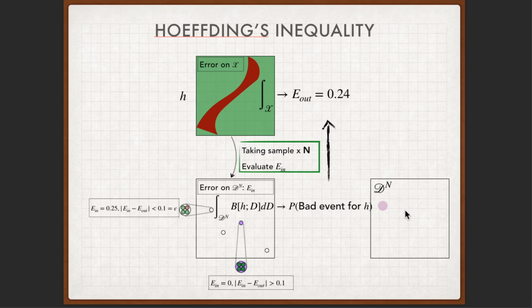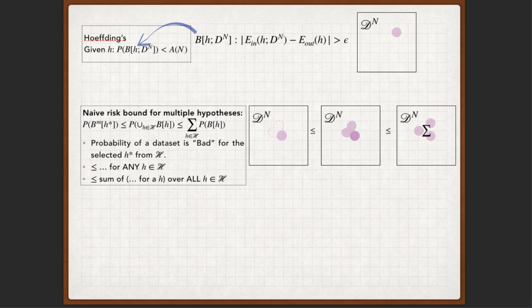And Hoeffding's inequality says when n increases, the area of such a region decreases exponentially, which is a good thing. The challenge we encounter is that we are not happy with Hoeffding's inequality for the learning process because that deals with a single hypothesis. However, what we want is